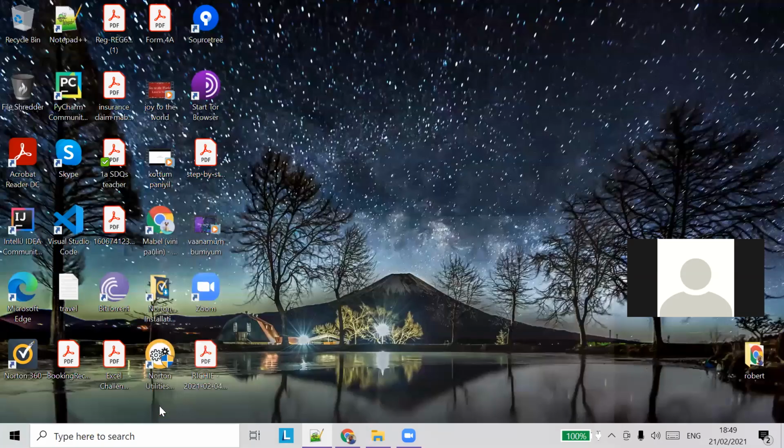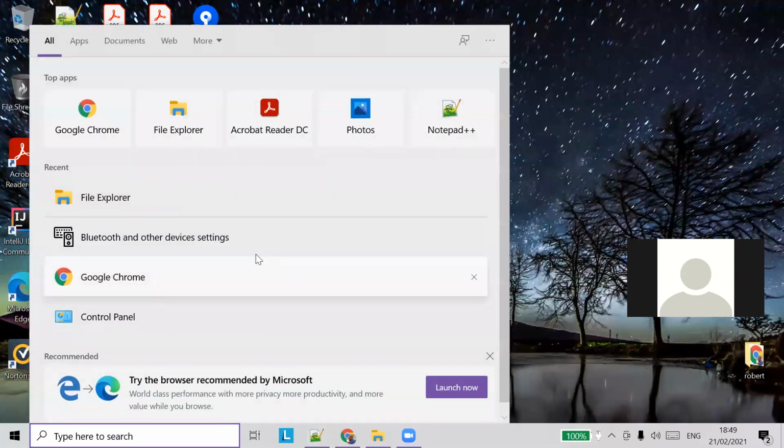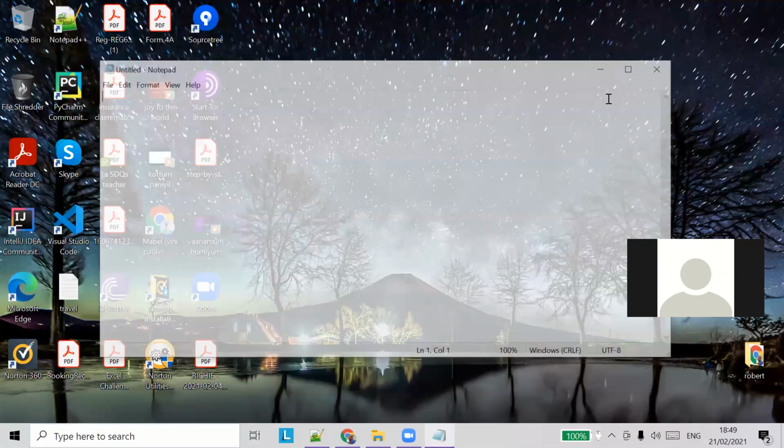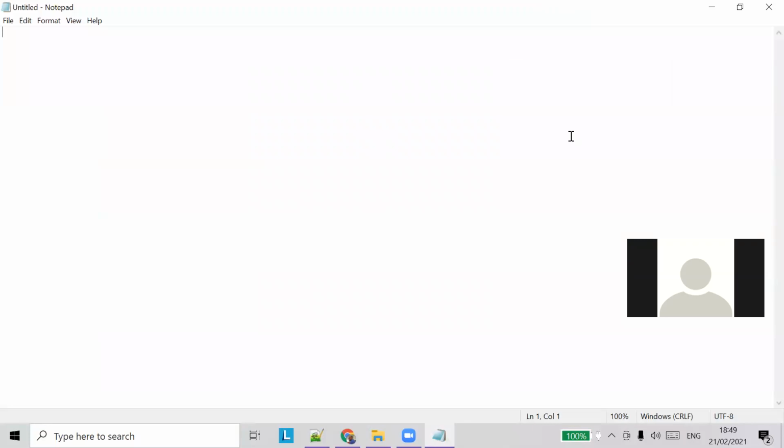So let's start with Notepad first, okay? There is something called Notepad in our Windows system. It is an application that is used to save some data in a file.